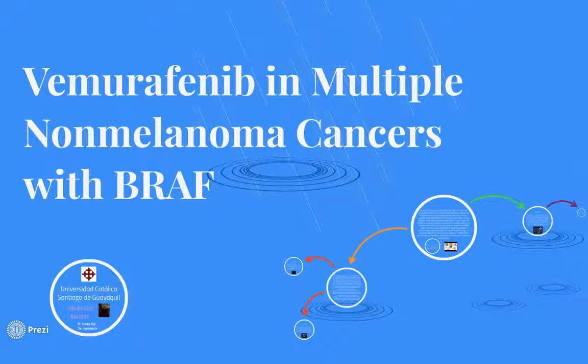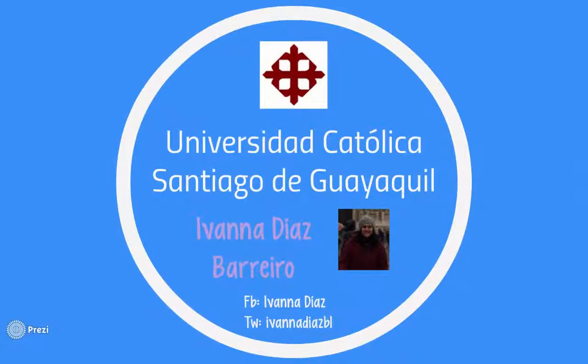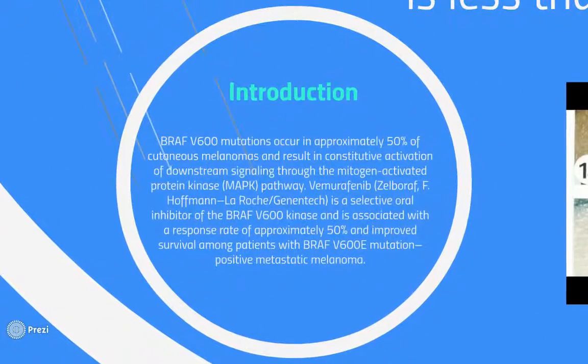My topic is Vemurafenib in multiple non-melanoma cancers with BRAF V600 mutations. Introduction. BRAF V600 mutations occur in approximately 50% of cutaneous melanomas and result in